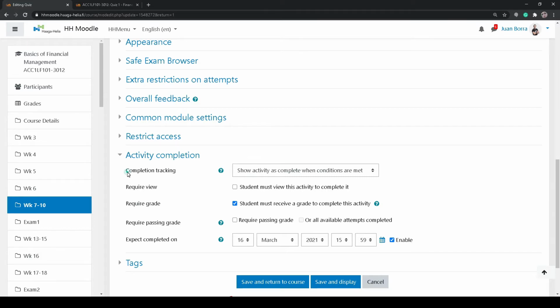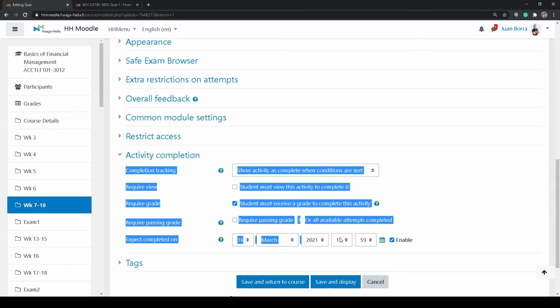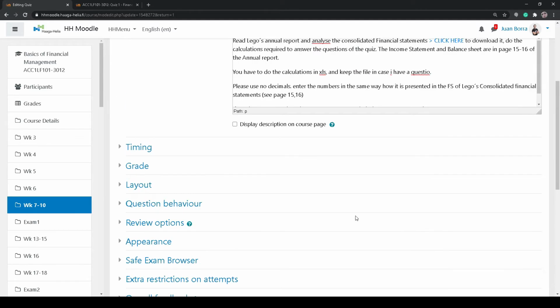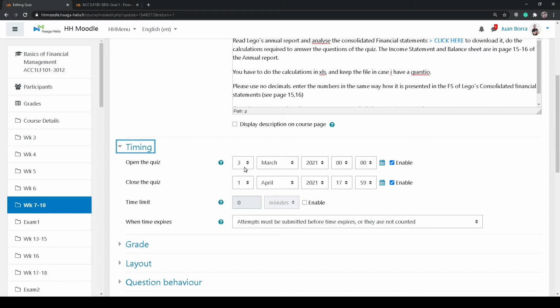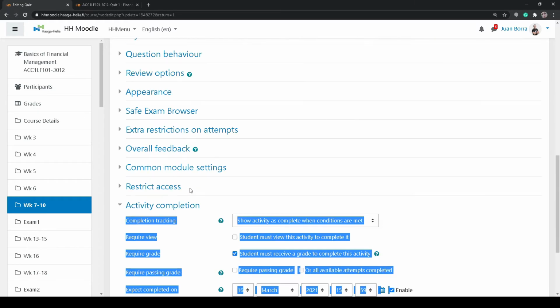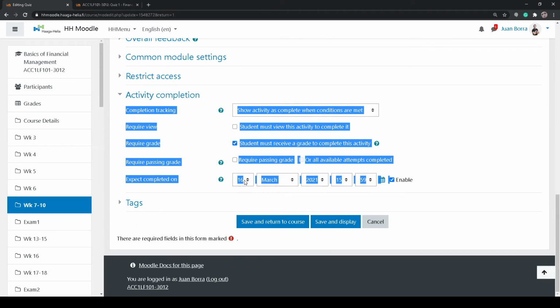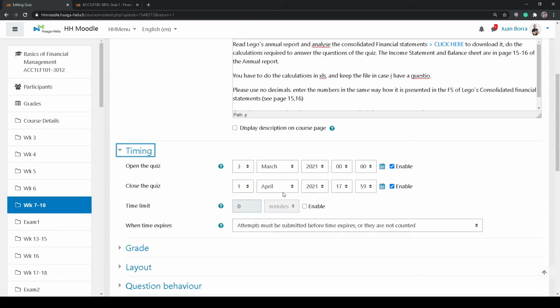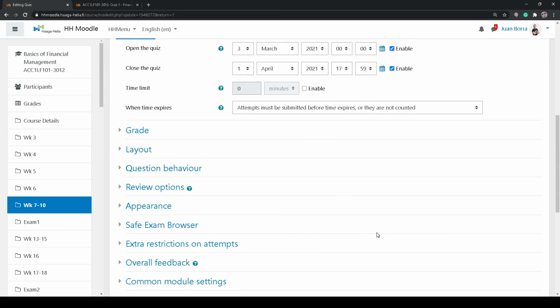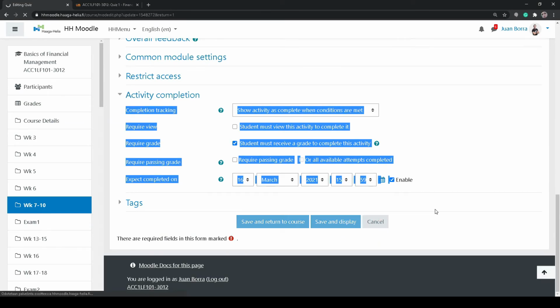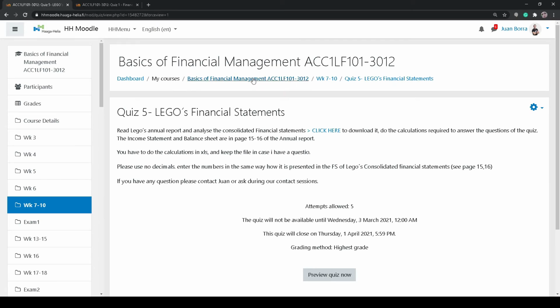Now, something very important to remember is that this date is independent and separate from the timing of the assignment. So in this case I've got a suggested time to finish it by 16th of March. However, students will still have time till the 1st of April in case somebody cannot make it on time. So once you set that up, let me just cancel this one,